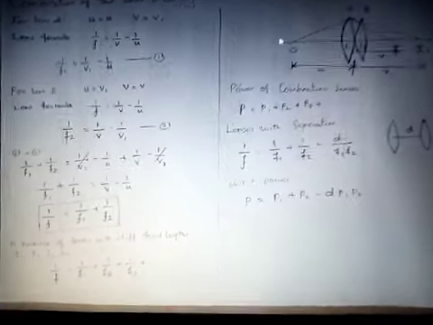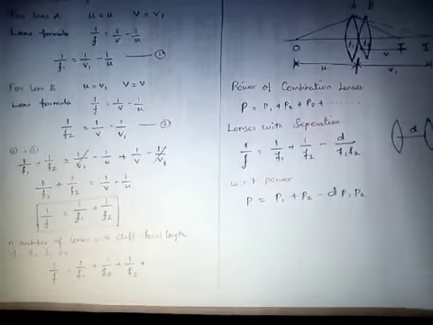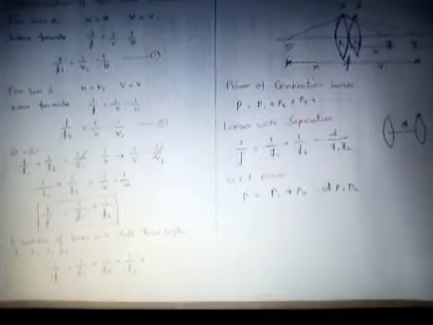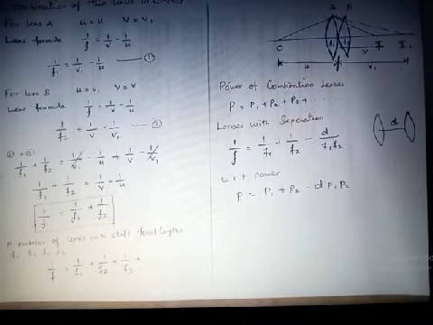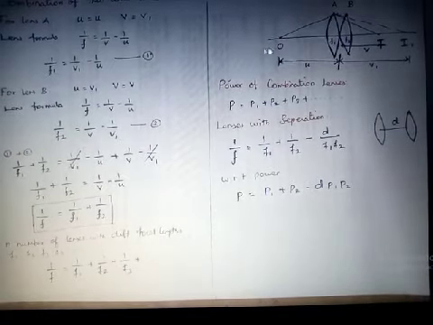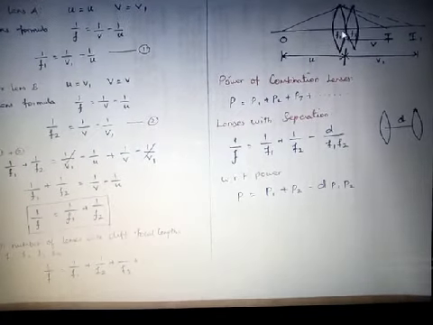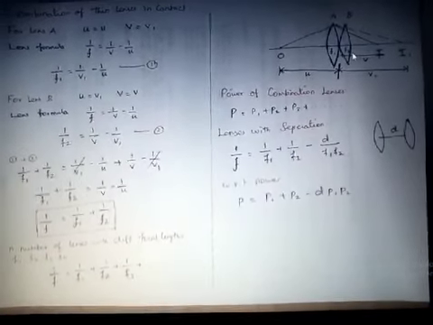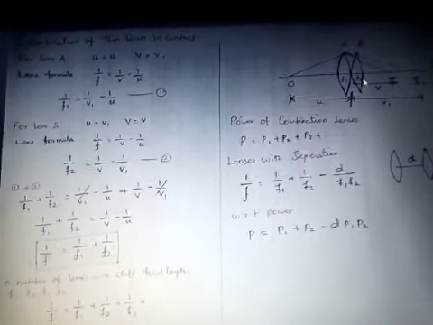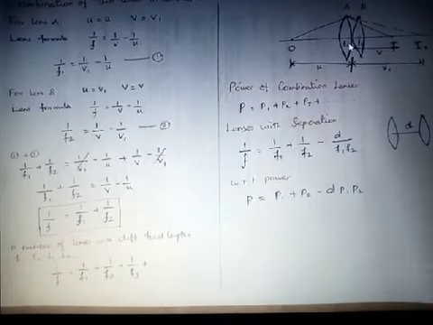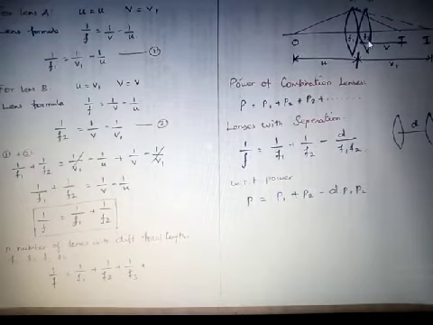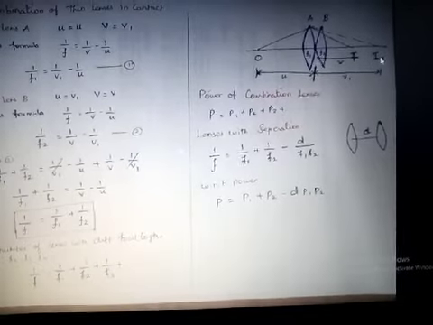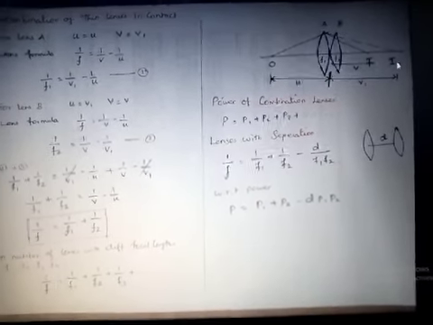Can you see this? If you see here, there are two lenses kept over here. One is A and another one is B. In these two lenses, f1 is the focal length of this particular lens and f2 is the focal length of this particular lens over here. Okay, and consider if only one lens is here, the object which is kept over here is captured at a particular point I1 here. So this is I1. Here the object is getting captured.